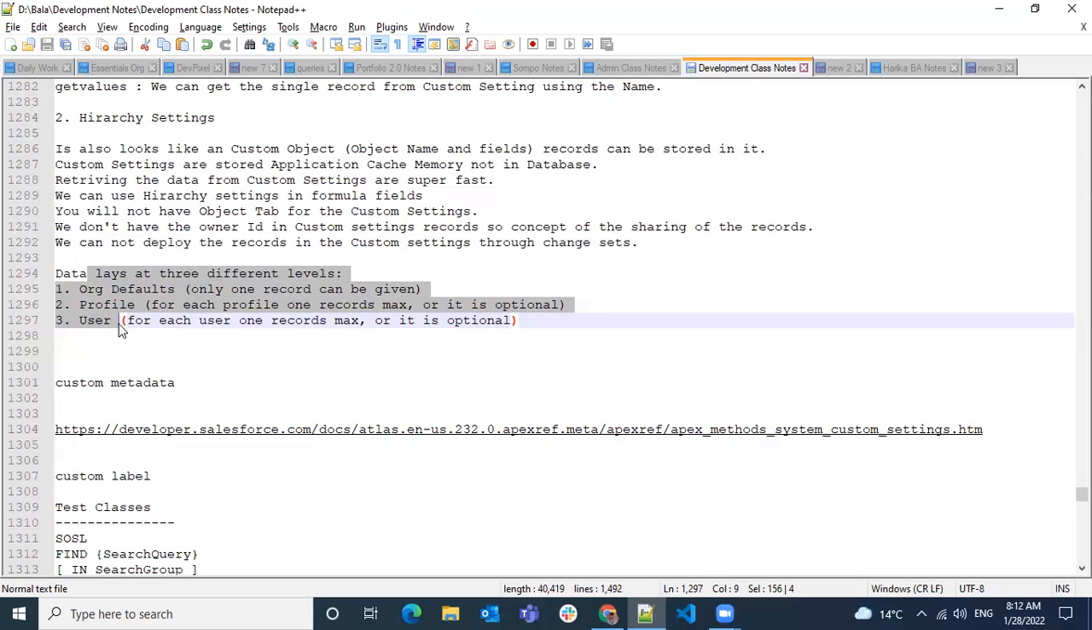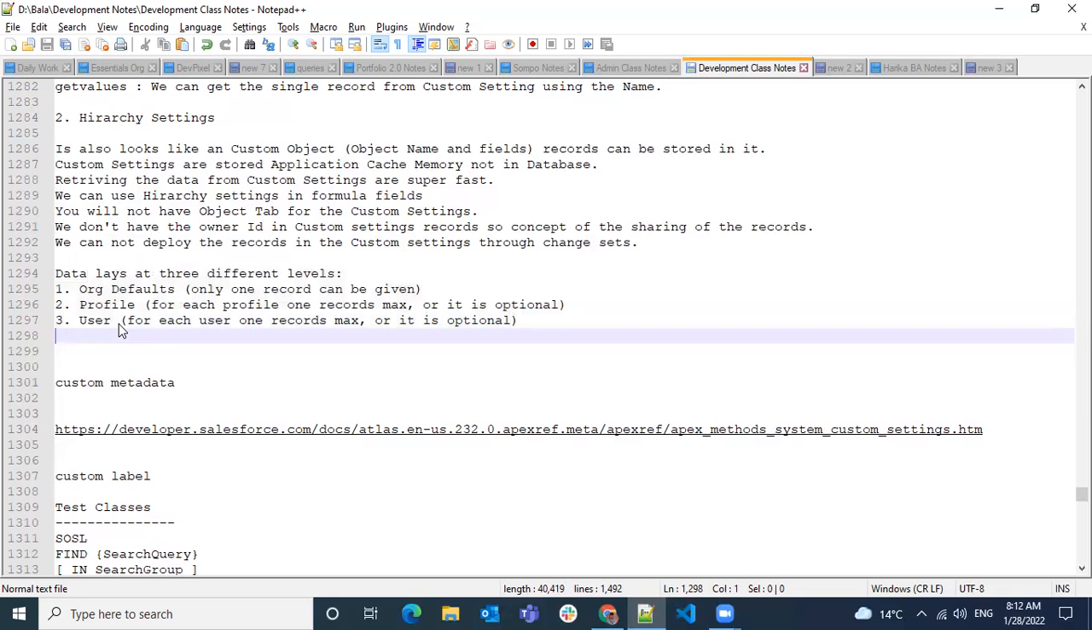Then we can maintain it in the hierarchical settings, so that we can get those values from the hierarchical custom settings and use them in this business use case. And this is also stored in the cache, and no sharing and all those concepts are applicable. And we cannot deploy the hierarchical settings through the